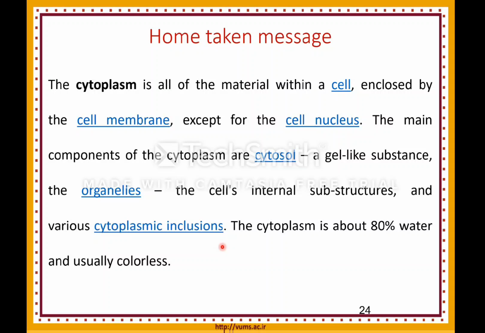In this part, you learned about the cytoplasm. Cytoplasm is the material within the cell enclosed by the cell membrane, except the cell nucleus. The main component of the cytoplasm is cytosol, a jelly-like substance that includes the organelles and inclusions. In this part, you learned about some organelles, and in the next part, I will explain other organelles that are in the